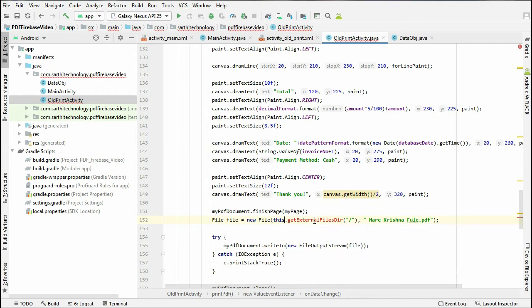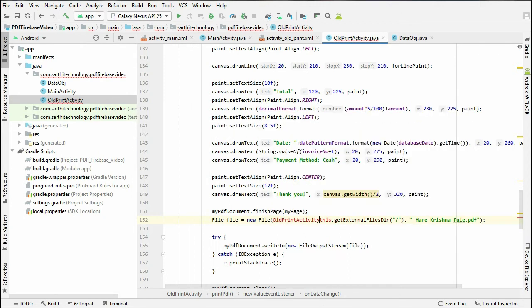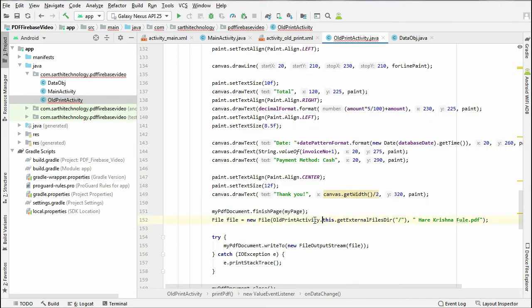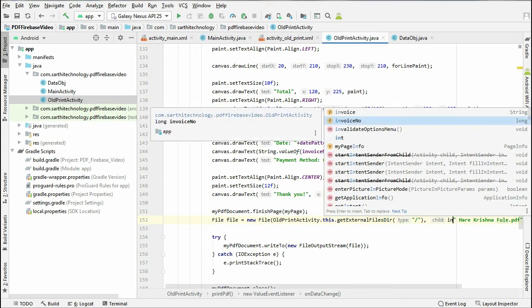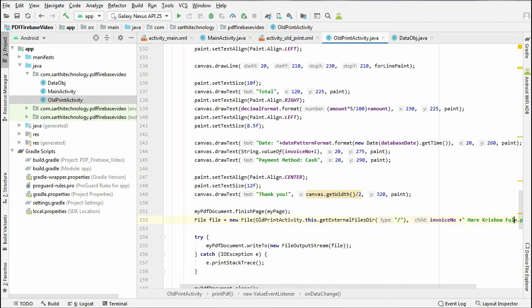And here OldPrintActivity.this.getDir, and here we can use invoice number plus this.